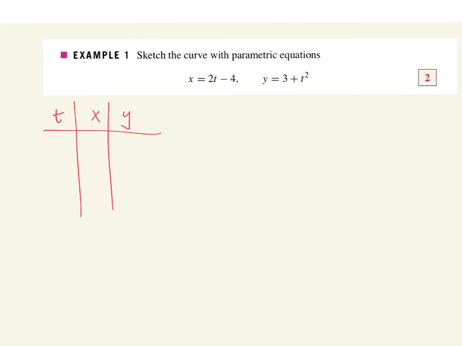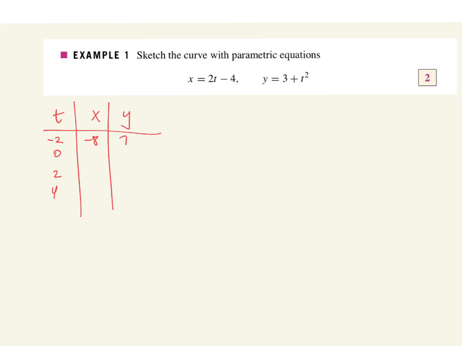It's flexible. Sometimes an interval is given that would make sense. Otherwise, you can just pick different t values to try and find the pattern. -2, 0, 2, and 4. Just going with those to see if we can find some symmetry. So if I plug -2 into x equaling 2t minus 4, then I would have 2 times -2 minus 4. I get a -8 there. And if I plug it into the y, 3 plus -2 squared, I'm going to have 3 plus 4, or